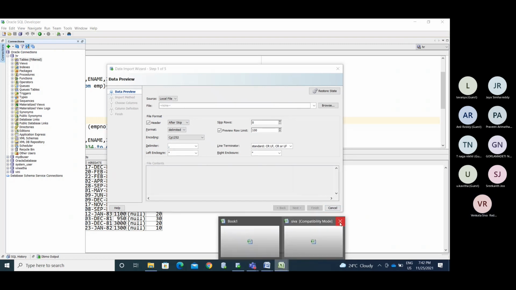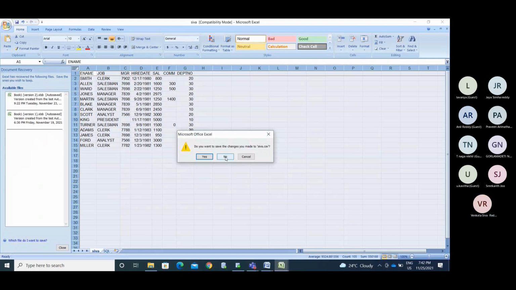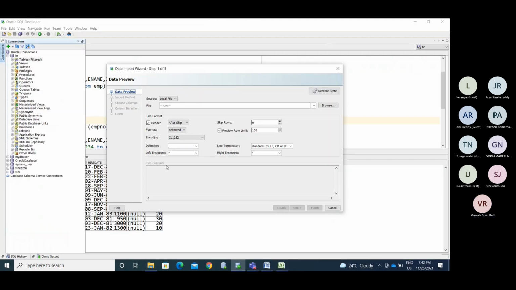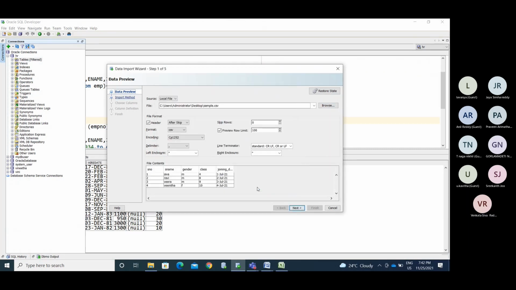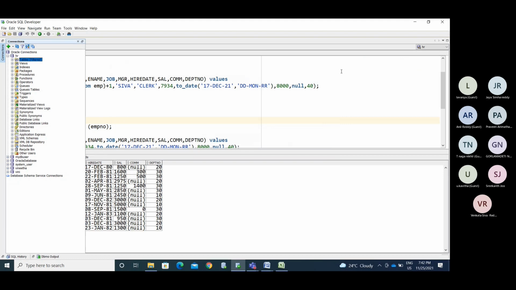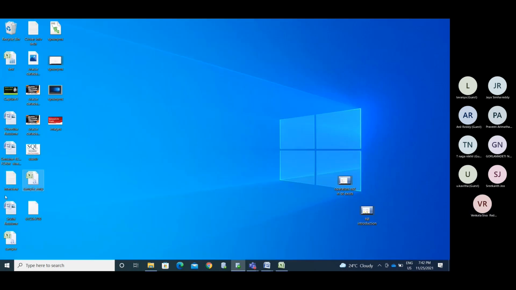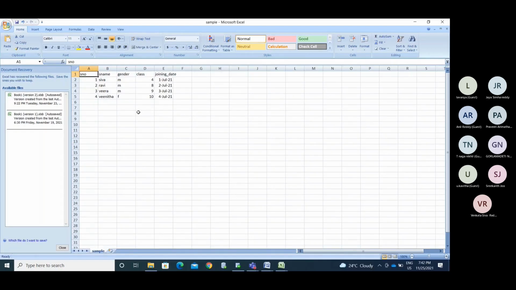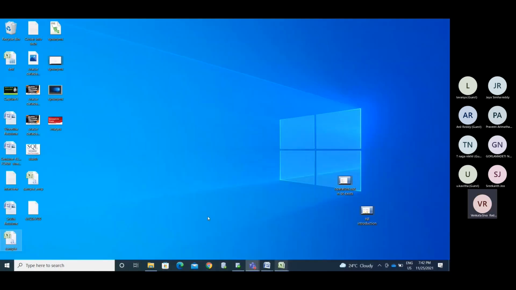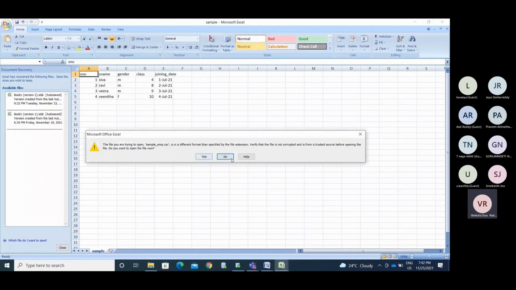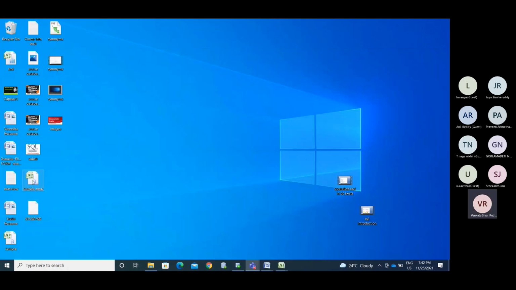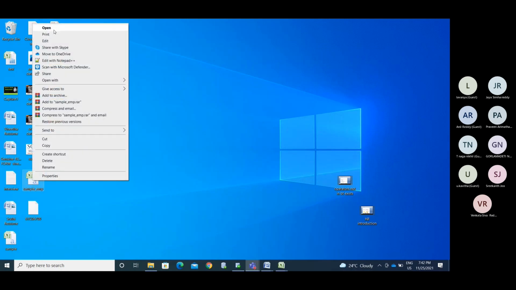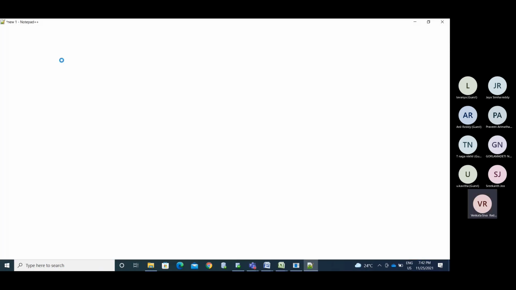One minute. So I'm copying the data from that sheet to this sheet, sample underscore EMP. Unable to take it.